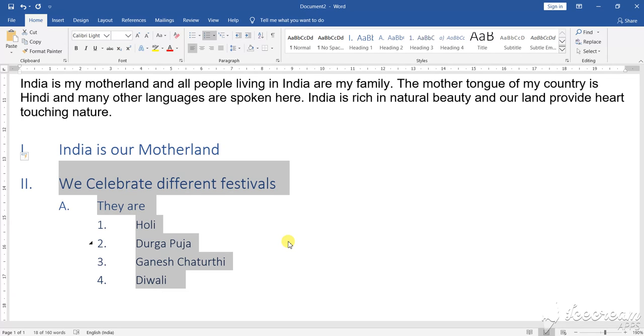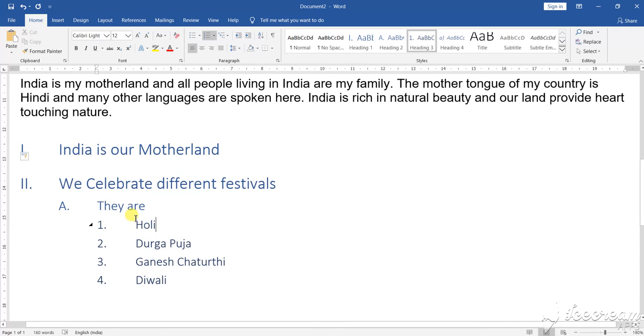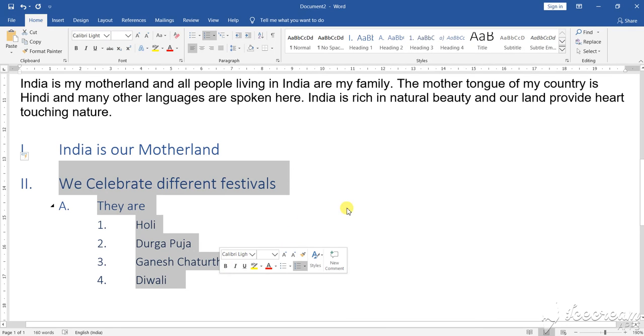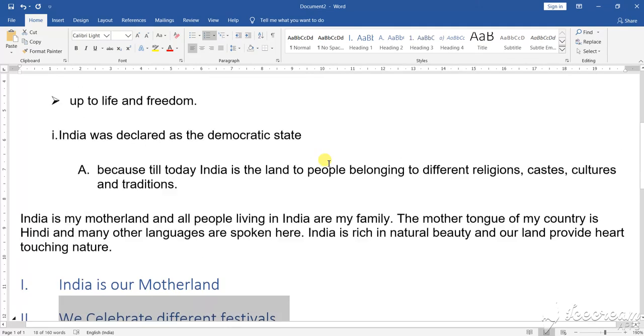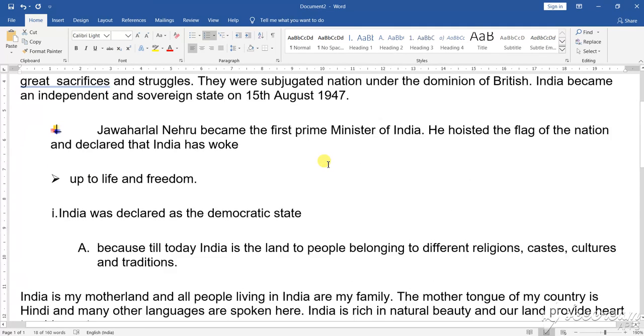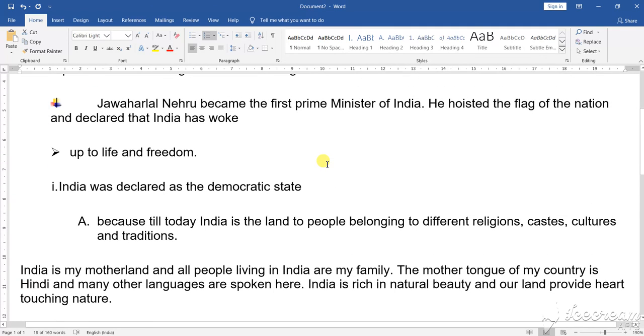If you select it as a group and give a heading and subheading, you have seen that this portion which is highlighted, I am highlighting it again. As soon as you give the heading and subheading, it will take the pattern as the computer has arranged the headings and subheadings for you, or the pattern that you have selected for your work. So this is how you can implement the headings and subheadings in your document.